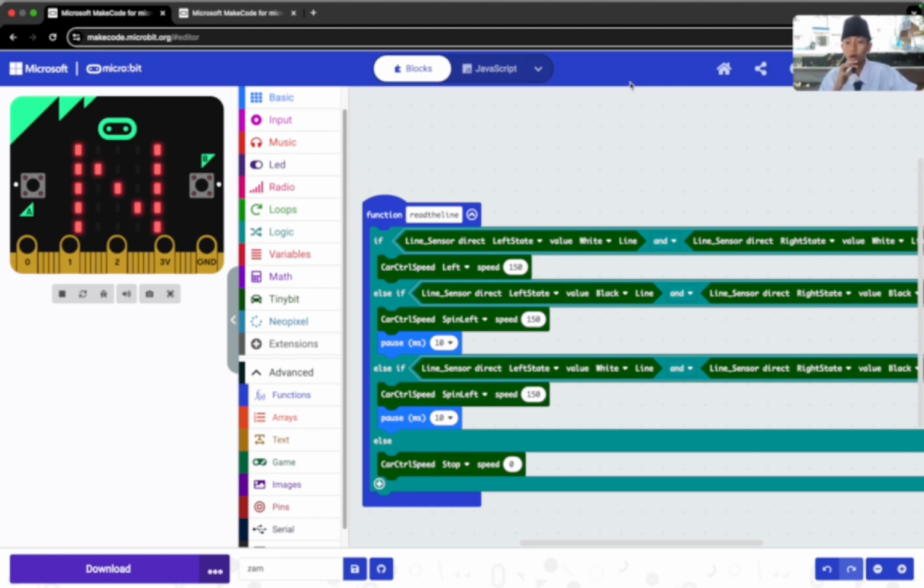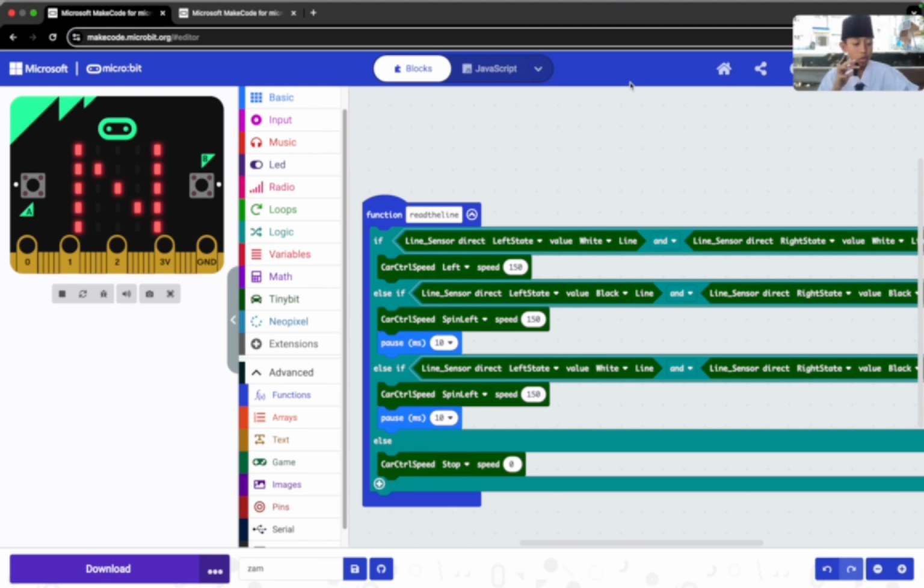The second, we need the TinyBit robot. The third, we need the microbit for the brain of the TinyBit robot. And the last, we need a USB cable to give this code from MakeCode to the microbit.